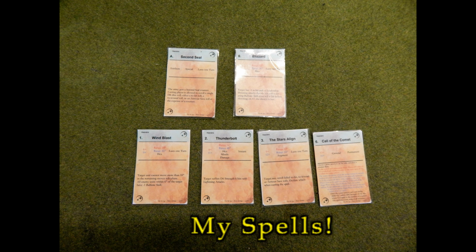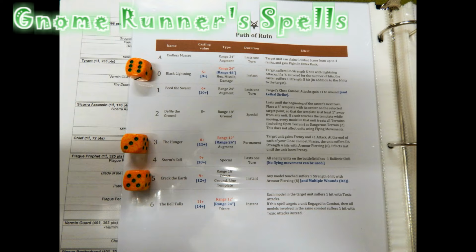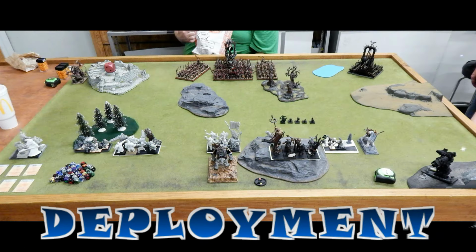So here's my spells, and they're exactly what you're looking at. And here are Gnome Runner's spells, which are exactly what you're looking at. And here's deployment. Okay, so I got to throw everything down first, and so my Bombardiers are over there on the